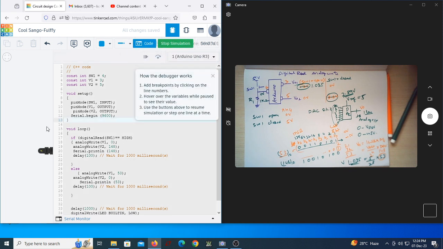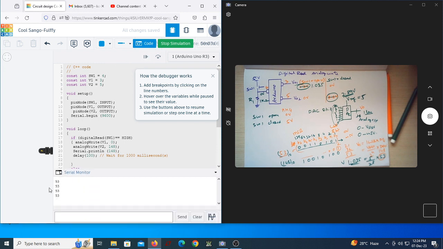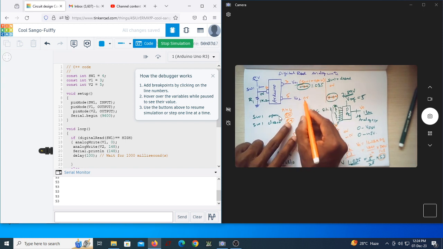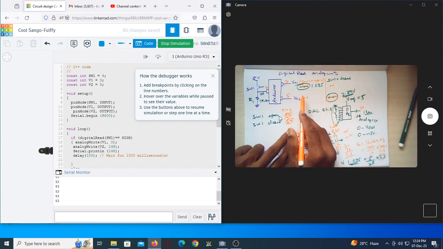Now it is running. Let us see what happens now. So let me also see the serial monitor. Now I can see, since I have not pressed it, we can see when it is open. Okay, let me just change this. Instead of 0, what you should get? You should get, okay, when it is open,